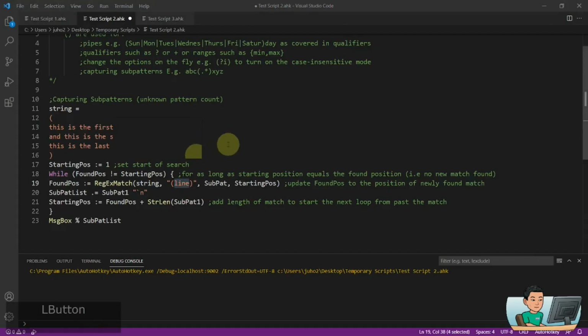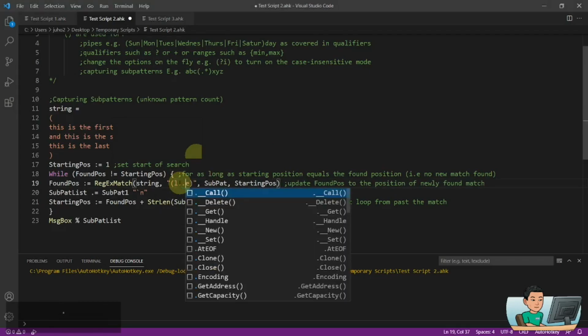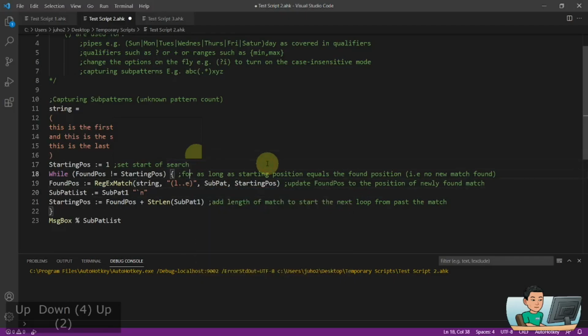times the word line is occurring. Now normally if you want to find something like this, you would not put in a whole word like that. You would put in a wildcard like this in order to vary your regex search. But for the purpose of demonstration, I'm making it simple so that I'm just using the word line. Let's just assume I don't know how many lines occur in my multi-line string, and what I'm trying to do here is I'm going to